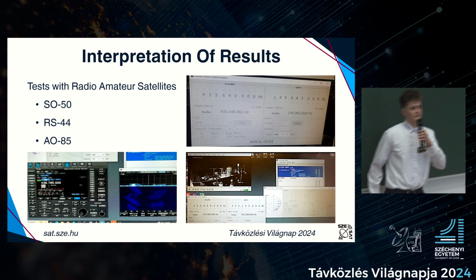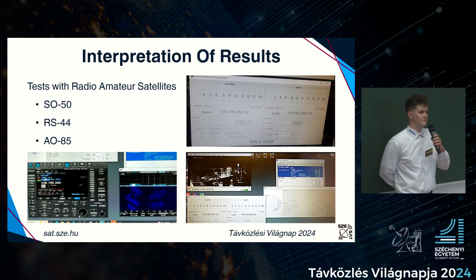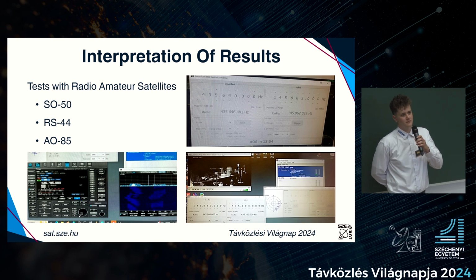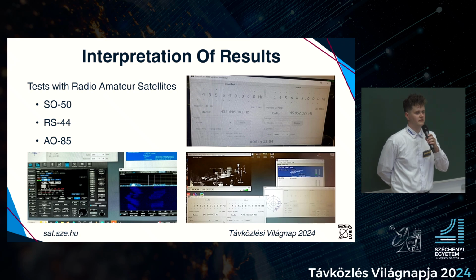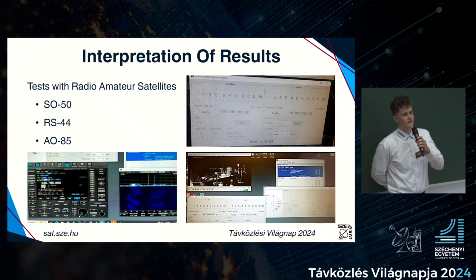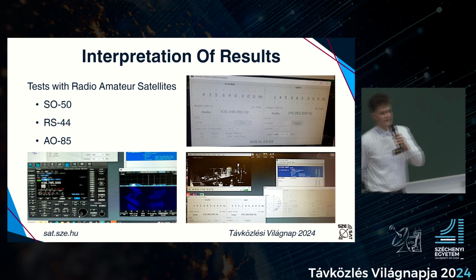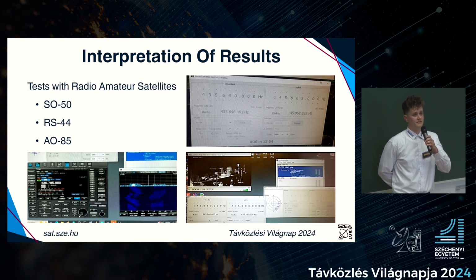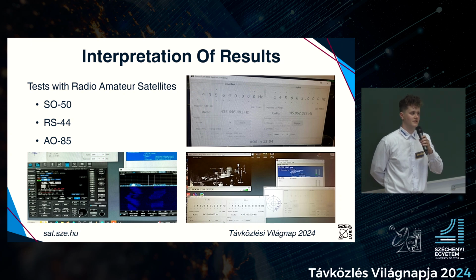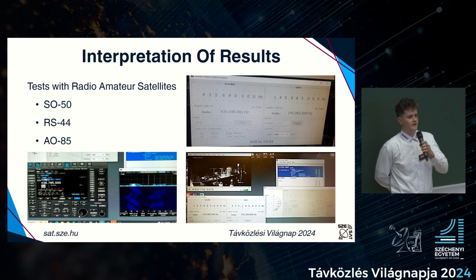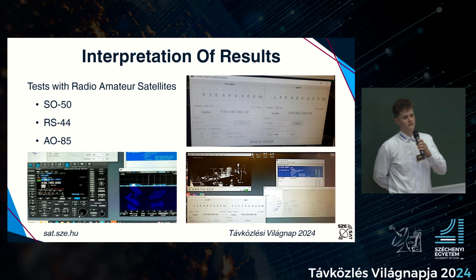We made tests with satellites before the ISS itself, since the ISS doesn't always come when we would like to see it or talk through it. We made tests with the SO-50, the RS-44 and the AO-85 satellites. These satellites work in single sideband, not in FM. However, they work almost the same way as the ISS. They have almost the same uplink and downlink frequencies to use. With these tests, we made multiple connections. This way we knew that when the ISS comes, we can talk through its repeaters.